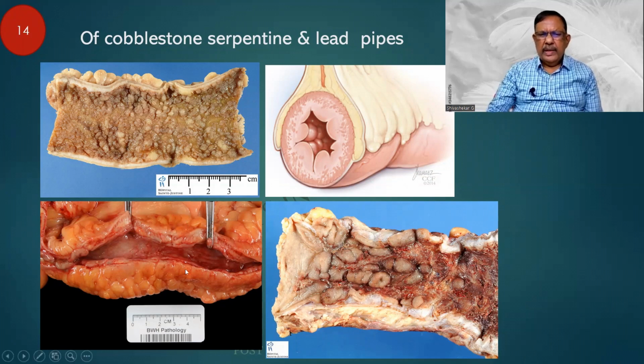In this particular one, an intestine is an organ that collapses when you lift it. But here, the pathologist is having some difficulty in trying to expose the mucosa by retracting the wall. And look at the thickness, this is not normal. So you find that it is more or less rigid, and we call it a lead pipe rigidity. This is more well maintained in this case. You look at the thickness, and incidentally, I find that there is a cobblestone appearance in the mucosa, which can be made out here also. So lead pipes, serpentine ulcers, cobblestones. Have it in mind.